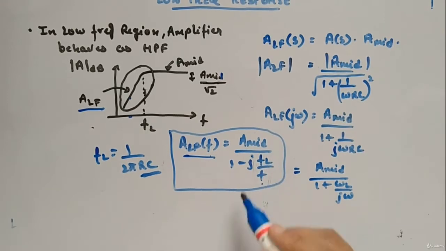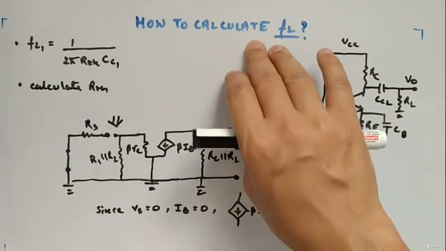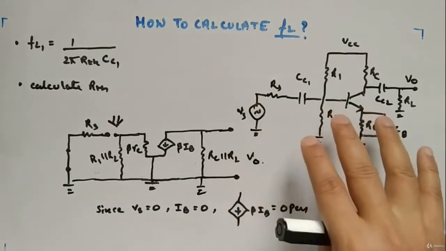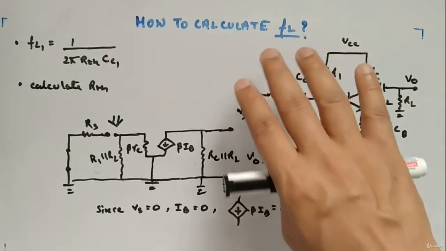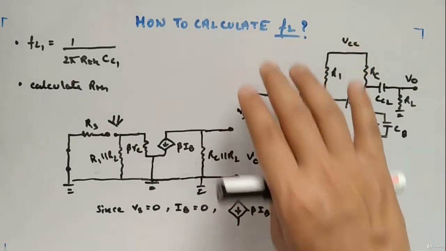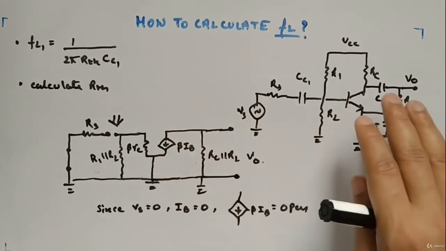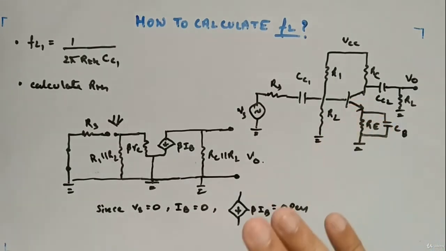Now we will see how to calculate FL. Okay, so now let's look at how to calculate the value of FL. Let's see, we have a circuit like this, a common emitter configuration, and I have not taken the values. Now the general rule I will say to calculate FL is, you see the procedure. Don't remember the expression, don't remember the circuit. The approach how I calculate FL is the same, will always be the same.